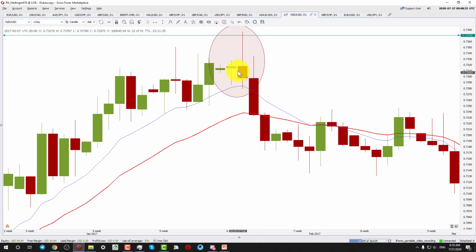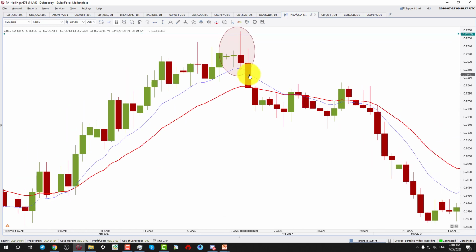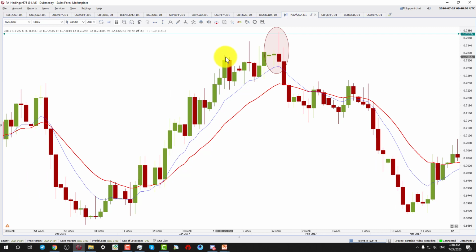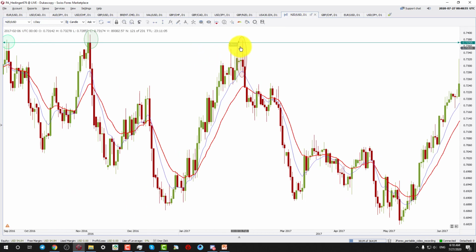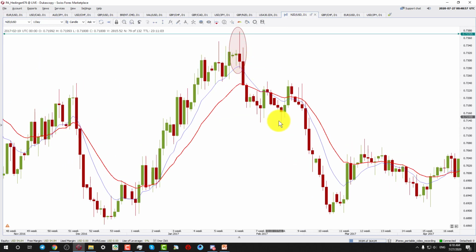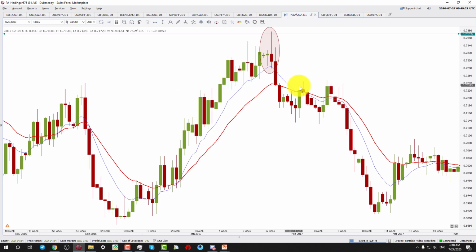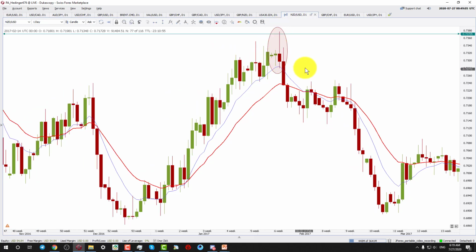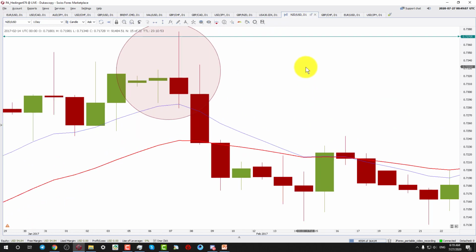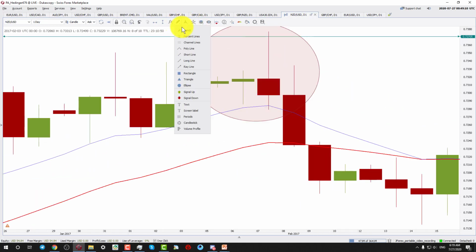See how the open was higher than the previous day's closing, and the closing was lower than the previous day's open. Now this qualifies as a bearish engulfing candle, and see it is also at the key inflection point, because we see there was a resistance earlier, so we are expecting resistance this time also. So the price is going to head south. That is why we assume this is a valid signal, and we keep a sell stop order somewhere here,